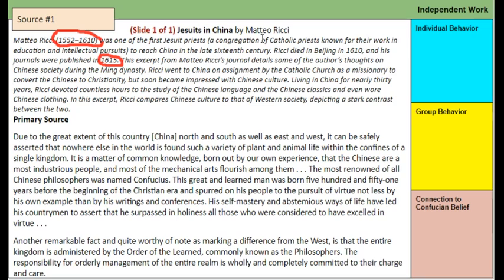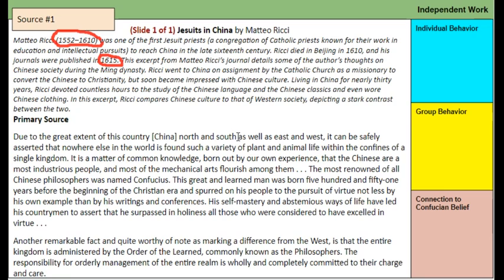To reach China in the late 16th century, meaning the 1500s, we go to the century before. Ricci died in Beijing in 1610, and his journals were published in 1615. Okay, primary source. This excerpt from Matteo Ricci's journal details some of the author's thoughts on Chinese society during the